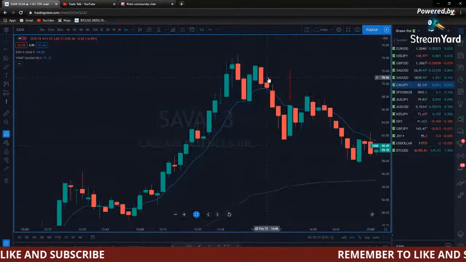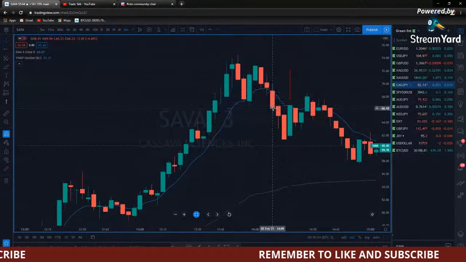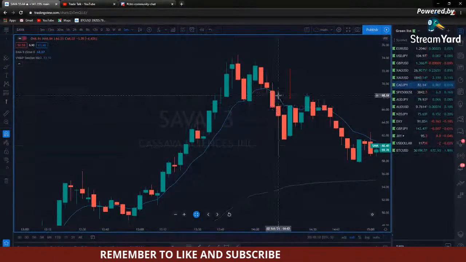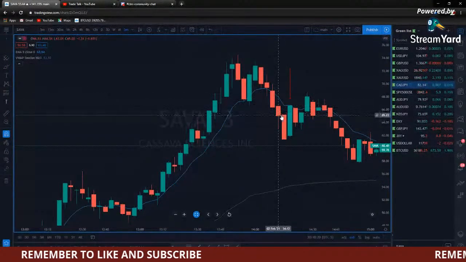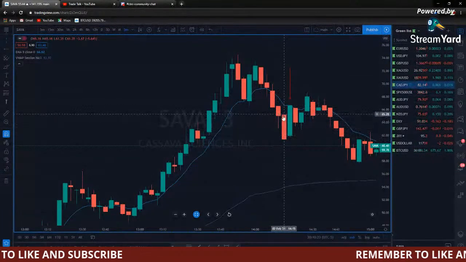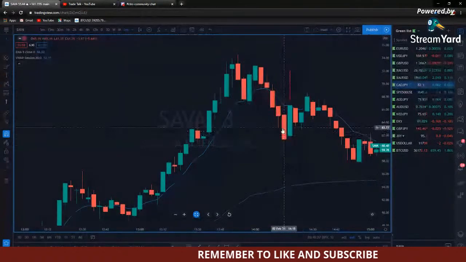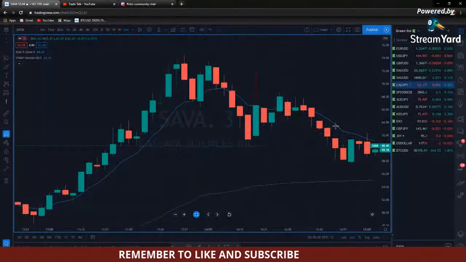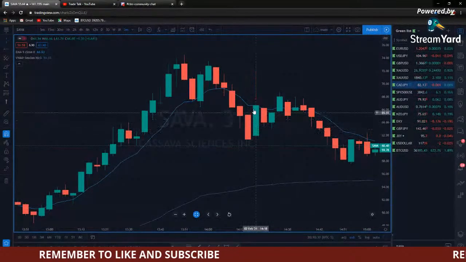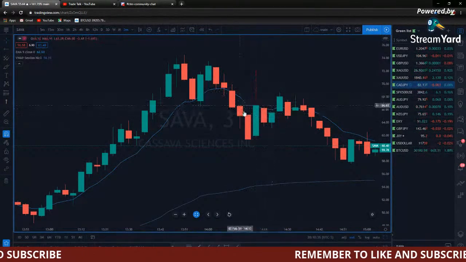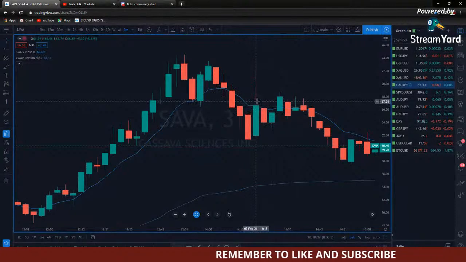So as you can see, this strong bearish candle right here came in, all right, and then this one opened beneath the line and closed beneath the line, and then I got that second 3-minute candle right here opening and closing beneath the line, the 9 EMA. So essentially at this point, I am looking for an exit on this trade. This bullish candle came in. For me, I was assuming that it was going to stop at the 9 EMA, so I exited the trade